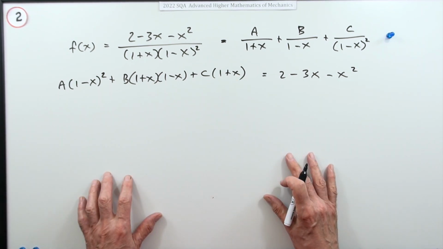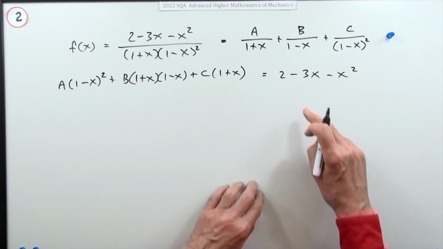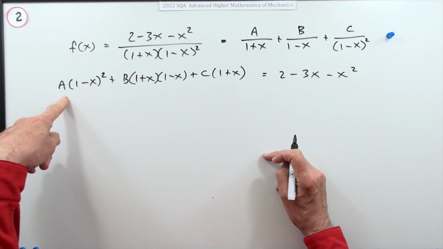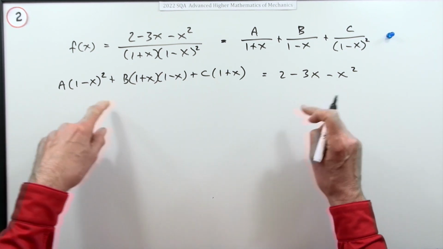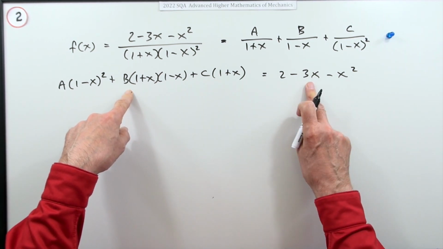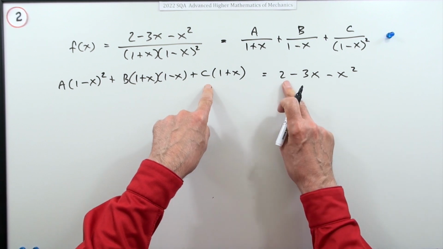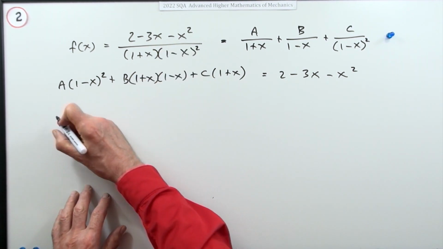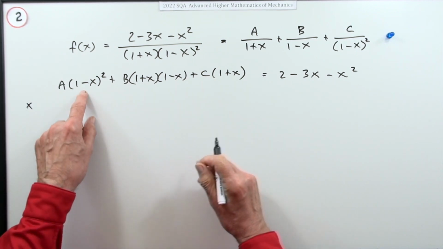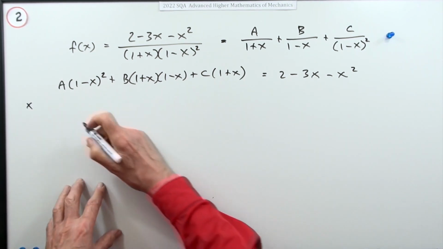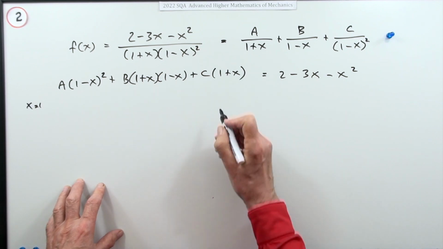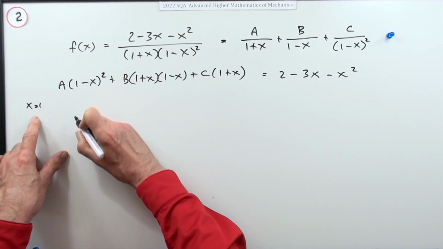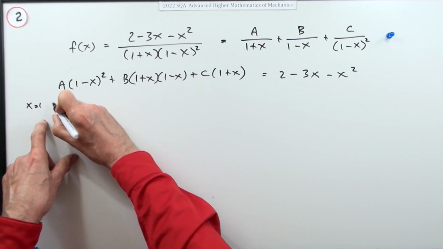Now there's 2 techniques for the answers. Since this expression should equal that expression, you could extract the x squared terms and compare them to this, or the x terms and compare them to that, or the constant terms and compare them to that. Or you could just use knockout values. So I'll do that to begin with. If I use x equals -1, that'd be quite handy because that'll knock out that and give me a straight away. So if x equals -1, that means that I've got